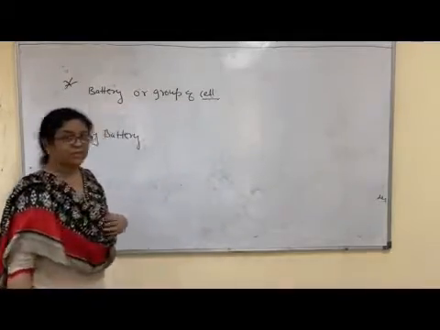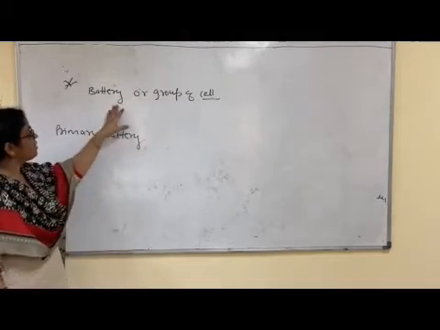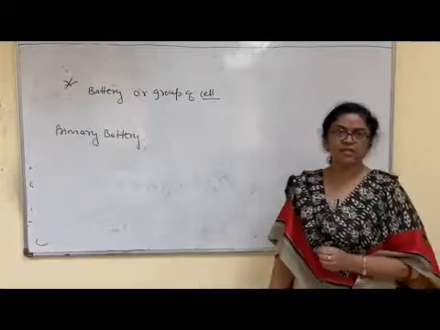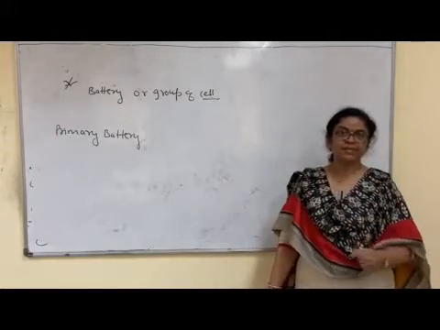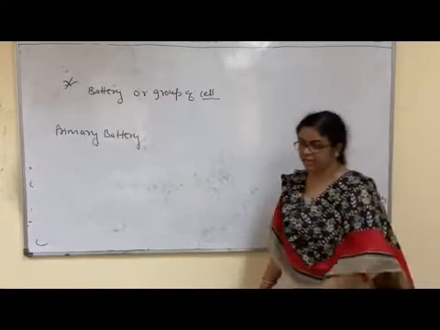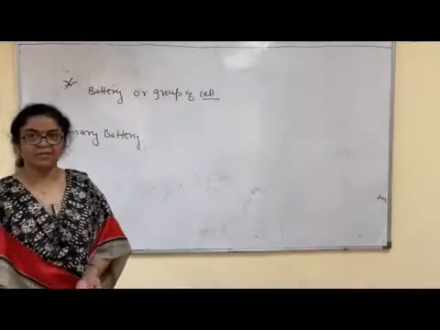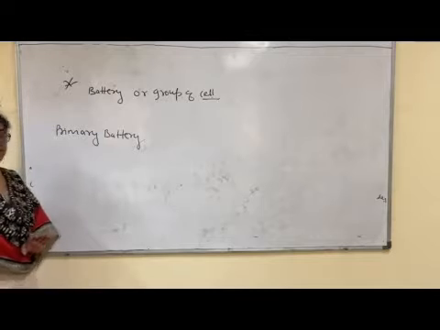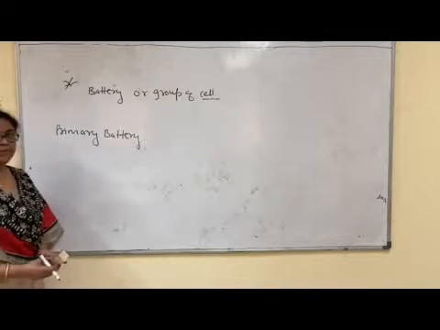Now children, the next topic is the study of batteries. What is the difference between a cell and a battery? A single device is known as a cell and a group of more than one cell is known as a battery. On the basis of function and internal structure, batteries are classified in 2 categories. First is primary battery or primary cells.